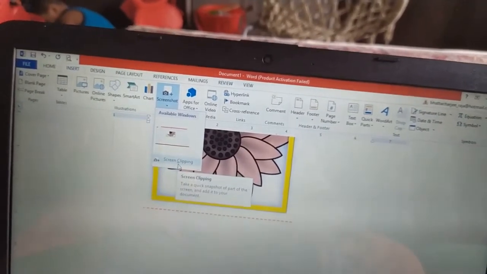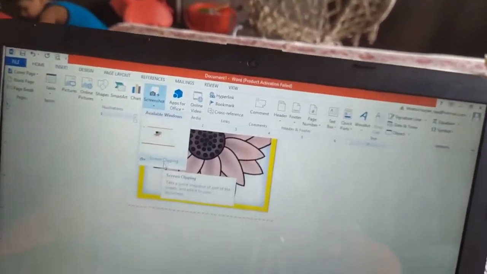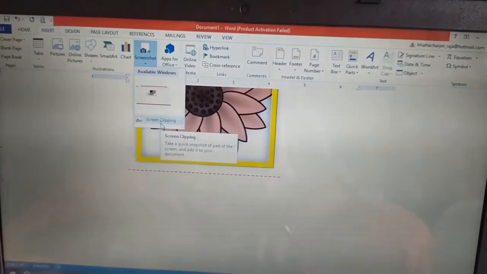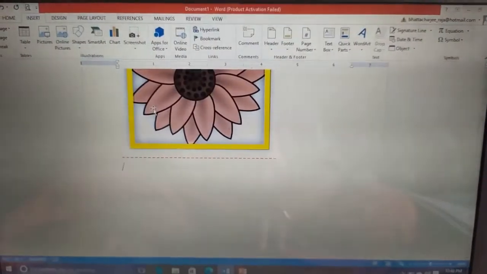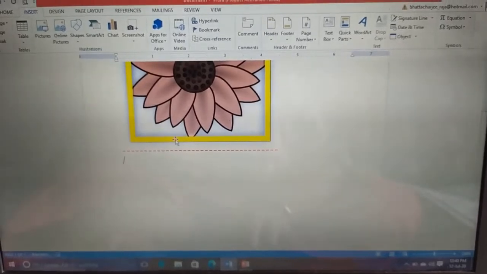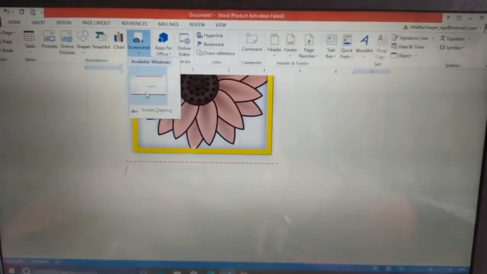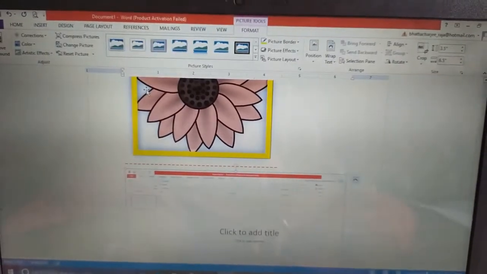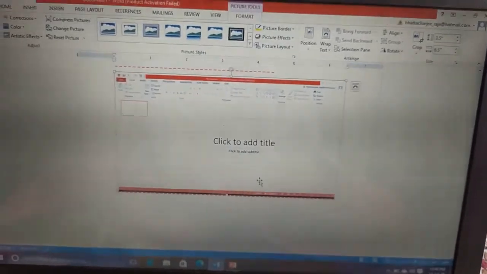Directly we can click Screen Clipping. So our screen is clipped and see, this screenshot we have inserted into our document.